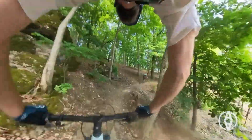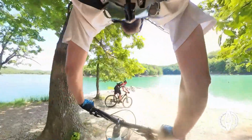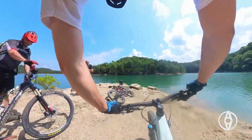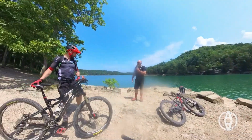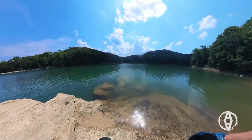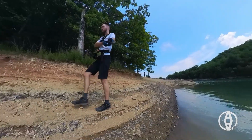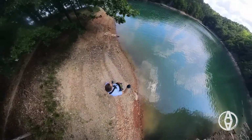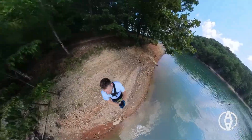The views are incredible, beautiful bluffs to the left, and on the right we have a small lake that we eventually get to take a better look at. Hobbs State Park has a couple different options for what kind of ride you have time for on that day. You can do all of it, which is what we did, or you can just head out one direction, which is where we started, which brings you to those nice bluffs and that lake view,